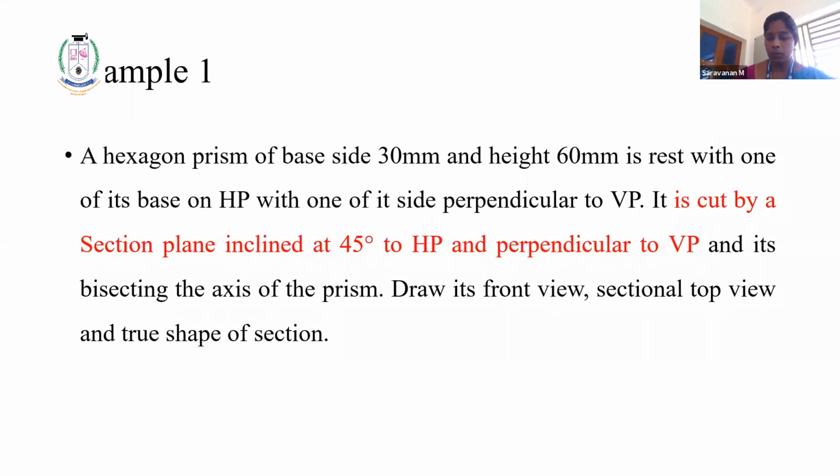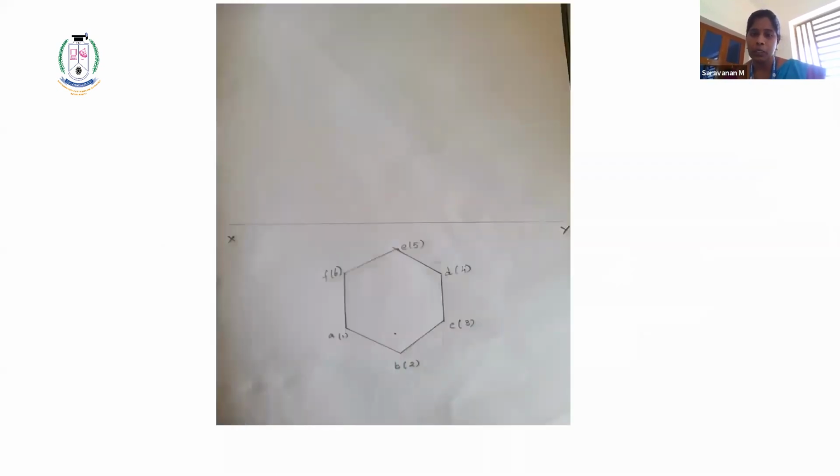Okay. So now how you have to show here. Just see. First, what you have to do? First, you have to draw the XY. Okay. So follow this step by step. First, we will draw the XY. So here the top view will come below XY. Okay. So first draw the top view and give the name.